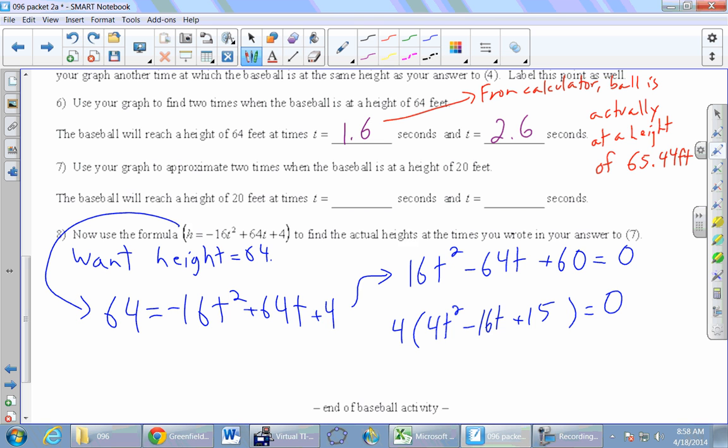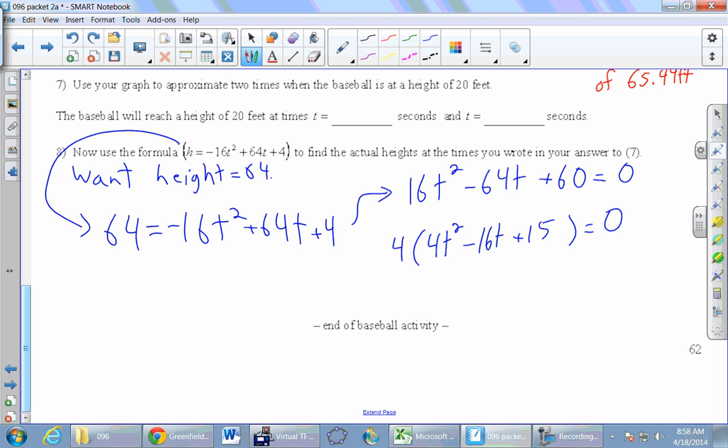Okay, so now we have a choice to make. Do we try to factor this thing in the parentheses into something like 2 parentheses, or do we just bail out and immediately head to the quadratic formula? Again, both options have merit. If it factors, then maybe we'll get there faster. If we can factor it quickly, then it's probably faster than the quadratic formula. But if it doesn't factor, then you have to go to the quadratic formula anyway, and you've spent time factoring something that had no chance. So